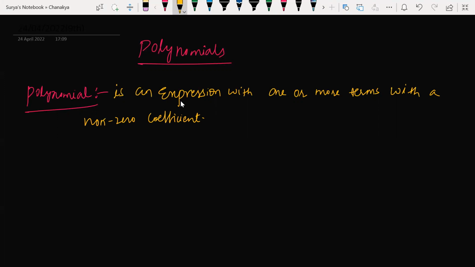I'm sure you might have learned about algebraic expressions in class 8. Am I correct? Yes, algebraic expressions are made up of variables and constants by using mathematical operators. That is what we learned in algebraic expressions. Now, with the help of algebraic expressions, we'll be talking about polynomials. In a polynomial,